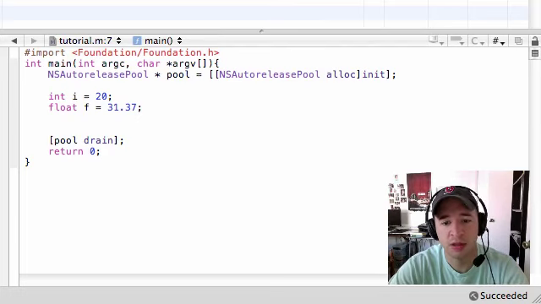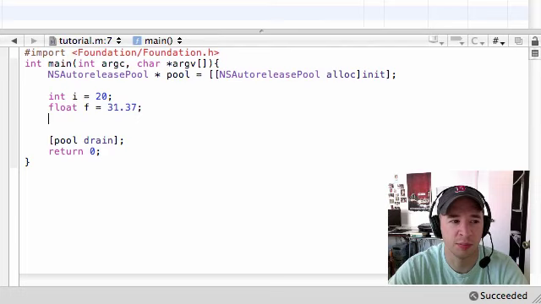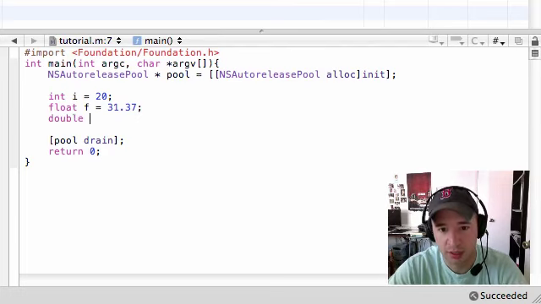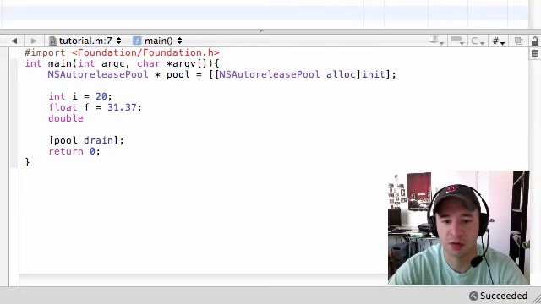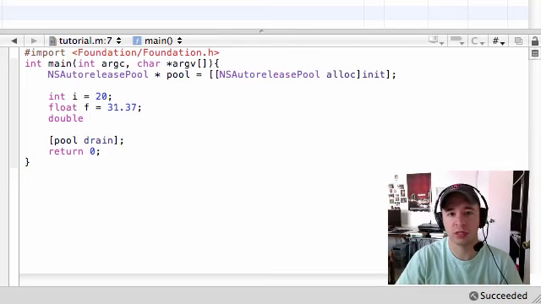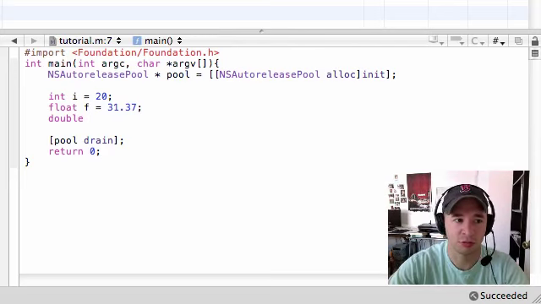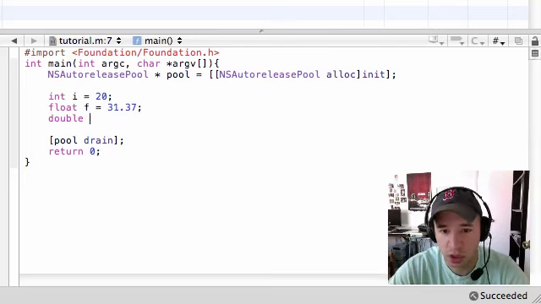Simple enough. But there's one other type of data that we're not going to be dealing with a lot, but it's pretty much like a super float. It's like a float that can hold more data. But again, like I said, we don't really use it all that often. It's called a double. And it actually can hold twice as many significant digits as a float, which means if a float can hold like 10 numbers, a double can hold 20 numbers. That's your real quick tutorial on that. So a double, we'll just name this variable d, we'll set this equal to something like